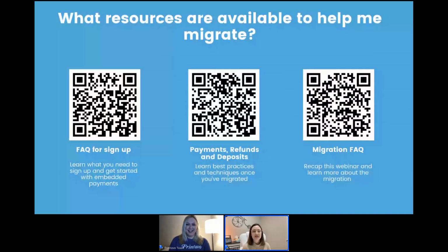Sorry. Yes, if you're understanding correctly, by the end of Q1 23, embedded payments is a requirement for continuing to operate. Yes, that is true. If you need additional time, we're here to work with you, and we can work to give you some additional time to make that transition if it doesn't work for your shop or anything like that. That's where you would email success@printavo.com. But yes, at the end of Q1, we will be removing certain third-party processing integrations